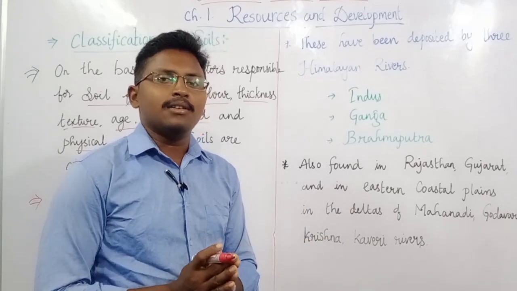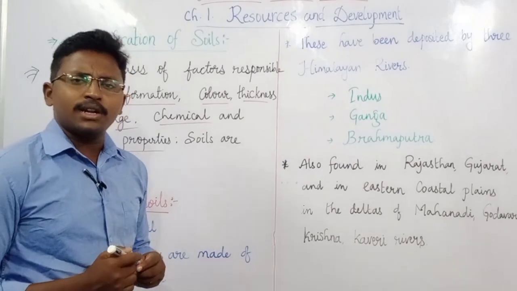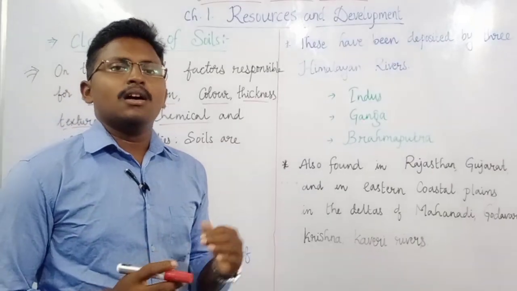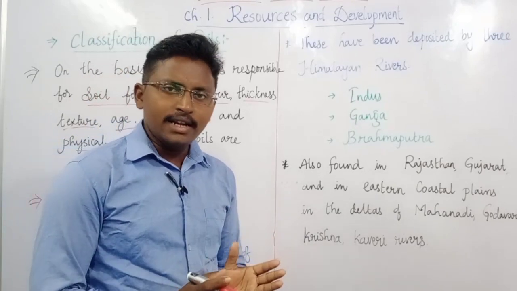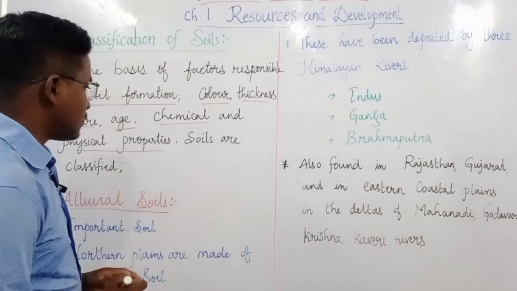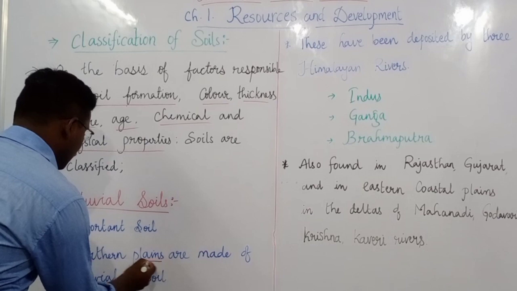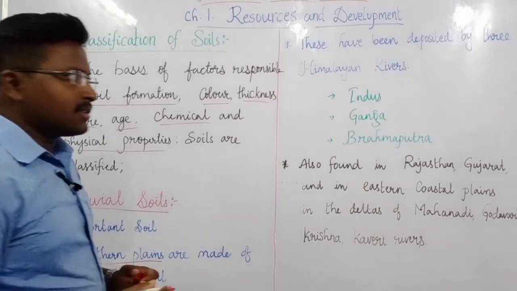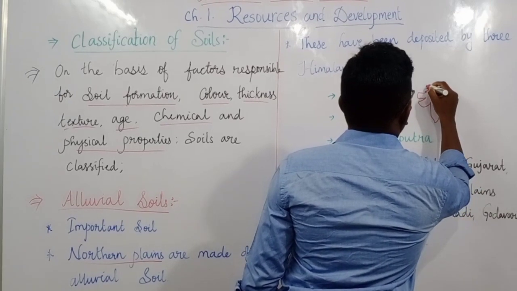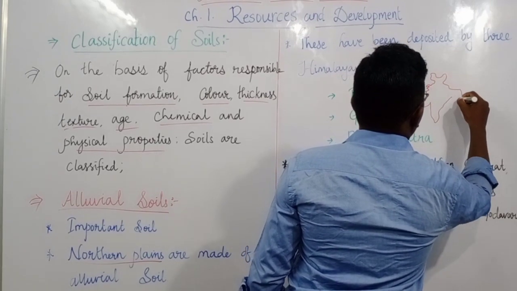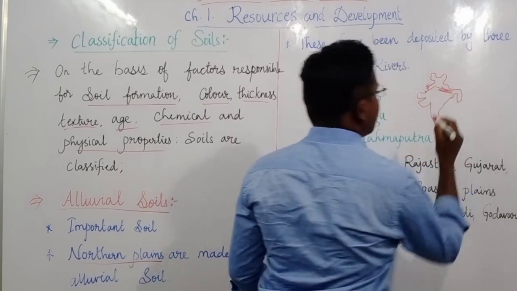The first one which we will now talk about is alluvial soils. One of the very important soils in India, that is alluvial soil. At the same time it has many uses. So let us discuss alluvial soils in detail. Where are these alluvial soils found? They are mainly found in the northern plains. For example, if we take this as India, this particular region and this particular region are entirely covered with